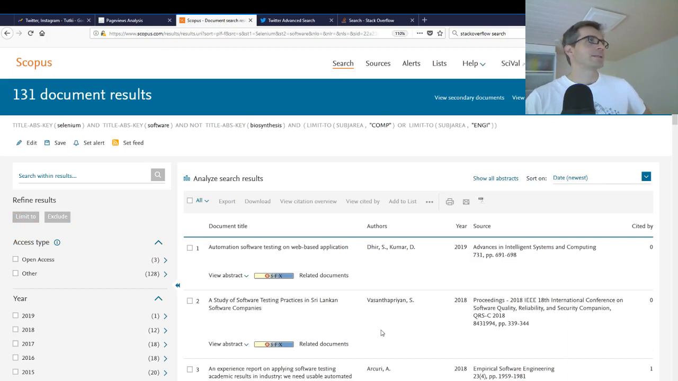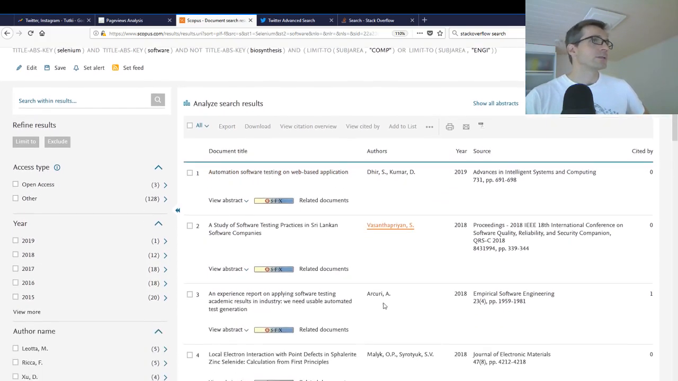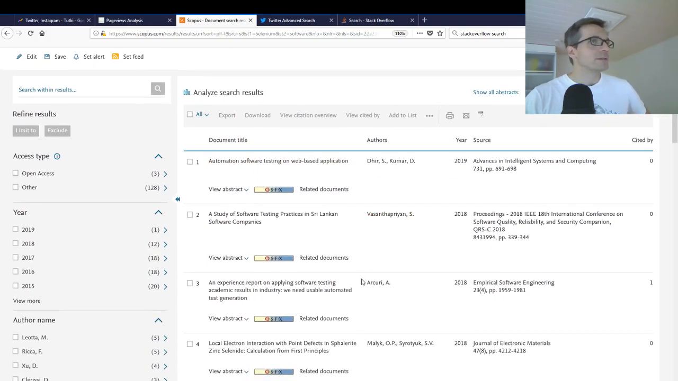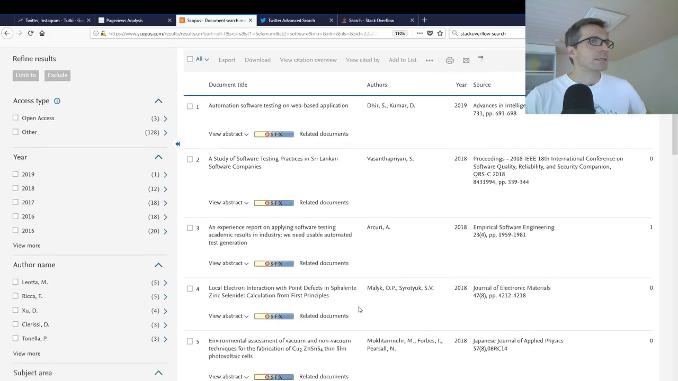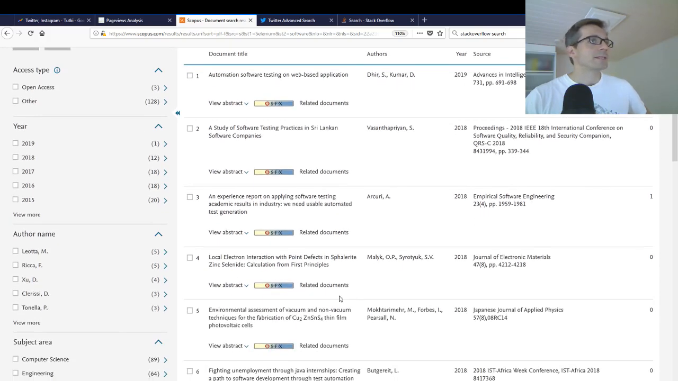Okay, now I look at the results. So I got 131 hits: automation software testing of web application, testing practices. Right, but there's still some problematic results: local electron intrication, environmental assessment of vacuum,